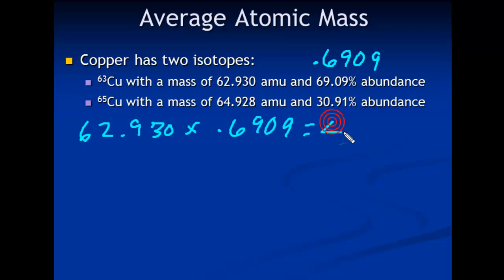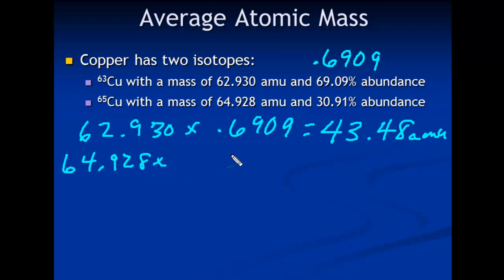And for right now, let's just take everything to 2 spots after the decimal, and I'll teach you later in the school year how to round things properly for a science class. So there we go. We got 43.48 atomic mass units. And we do the same thing for the copper 65, so